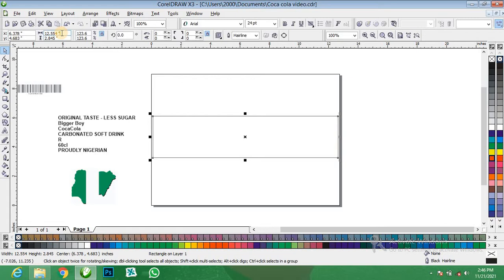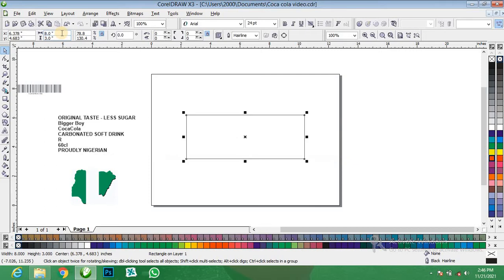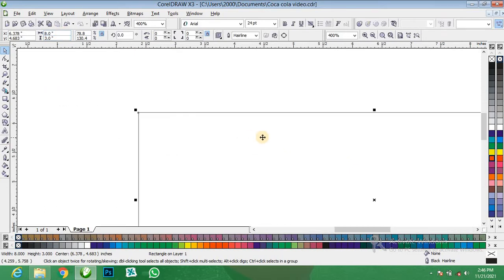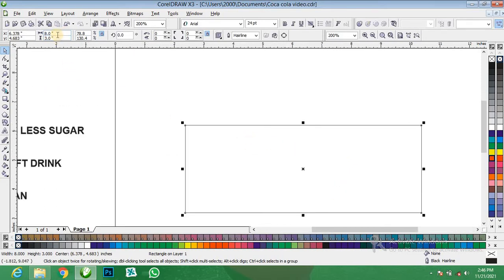Change the paper size to, you have to use 8 by 3. Okay, let's use 10 by 3.